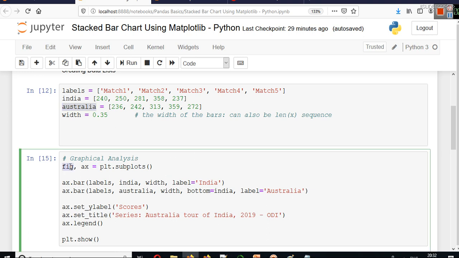First, what you have to create, you have to create 2 variables here, figure and axis. We have discussed about this in previous chapters also. So it's like creating the frame, and so you have to create fig and ax, these 2 variables, and then you have to use plt.subplots method. So in plt.subplots method we will create this fig and ax variables.